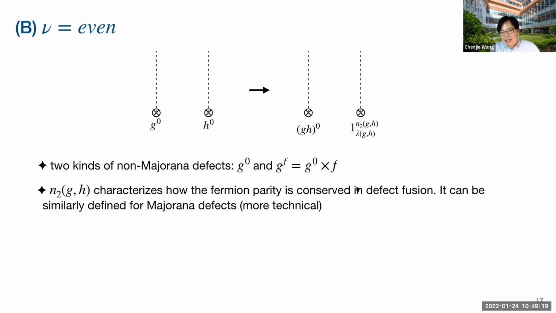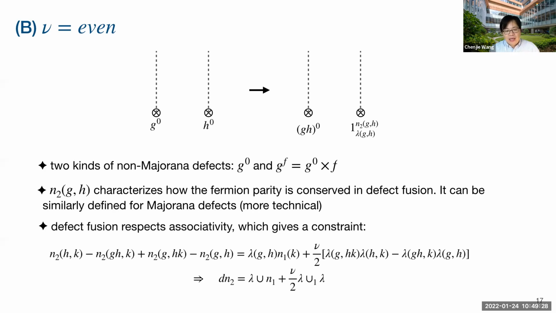And in the previous case, what we were describing is how the Majorana zero mode is conserved under defect multiplication, right? So now here it is fermion parity that is conserved. And no wonder you should satisfy some consistency condition by fusing 3 defects. The 3 defects should satisfy associativity. That means that whether you first fuse the first 2, then the third, or first fuse the second and third, and at the end fuse with the first one. So there are 2 orders, and they should be consistent. This consistency actually gives another equation.